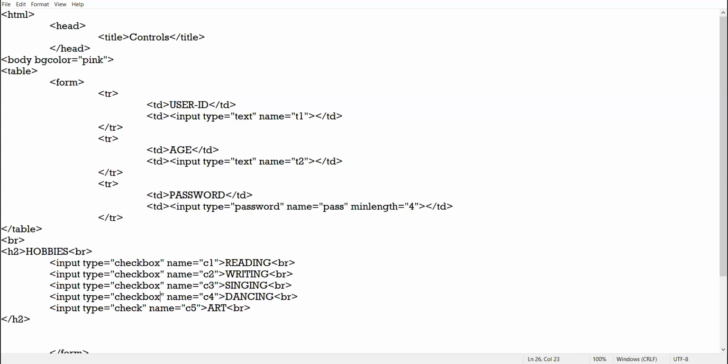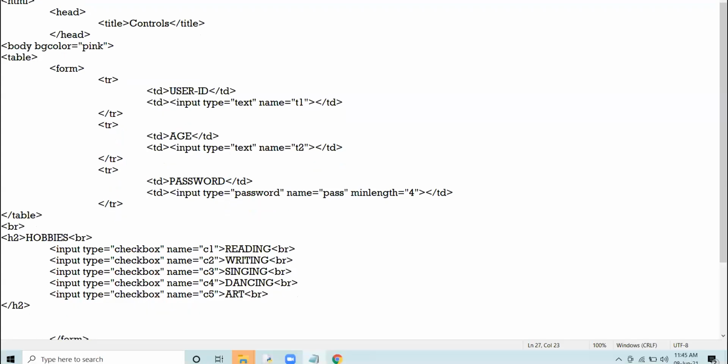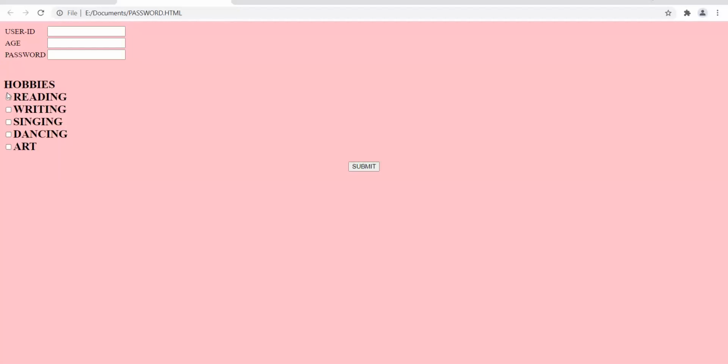Checkbox, checkbox, and checkbox. Okay. Now, when you are to select the hobbies, you can tick mark. You can select all option or you can select any three options. Am I clear? How to create checkbox?